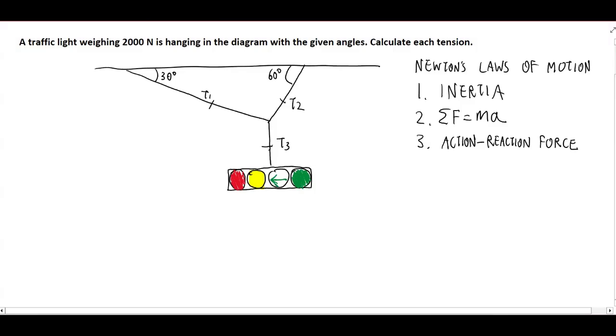Okay, so here is a force problem using a traffic light. I'll go ahead and read the problem. A traffic light weighing 2000 Newton is hanging in the diagram with the given angles. Calculate each tension. Before I move on to the problem, here are three laws that you need to know